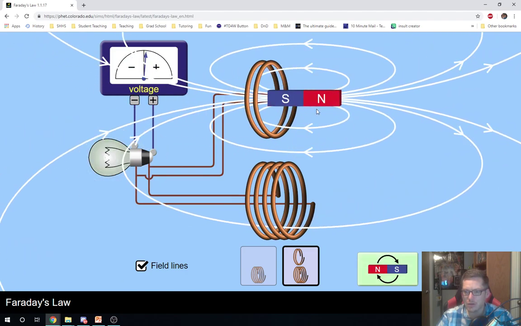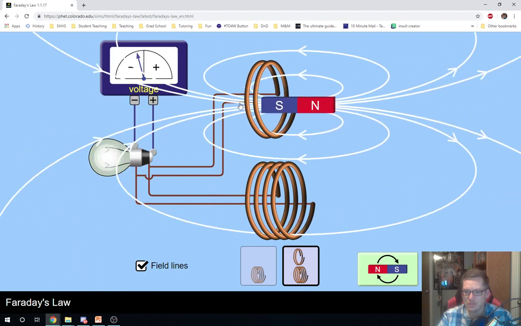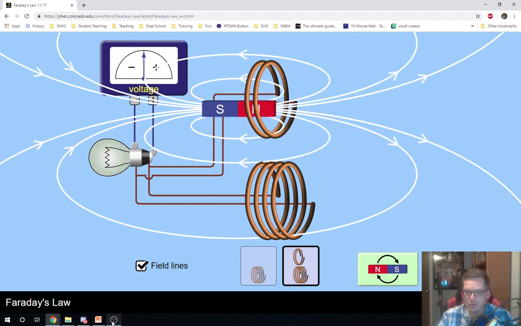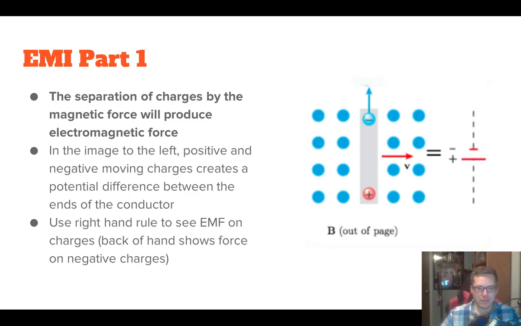And then I could flip it here, and it would be the opposite, right? If I go right, it goes negative. If I go left, it goes positive. Anyway, so that's a little bit about our electromagnetic induction. It's all about moving our magnetic fields or moving our loop in order to get a change in magnetic flux. So that's what it's all about: how can we move things in order to get a change in that